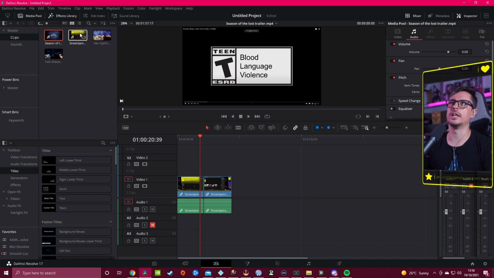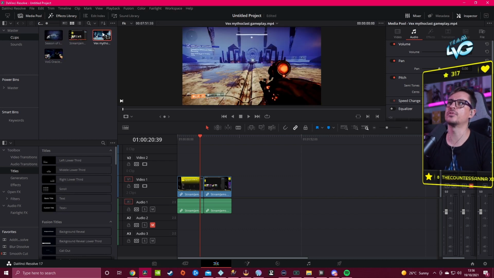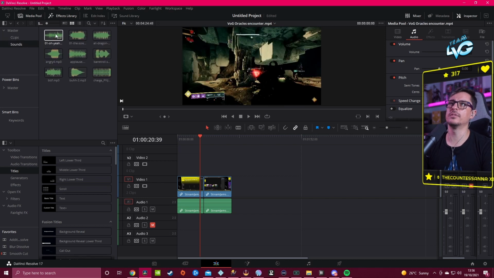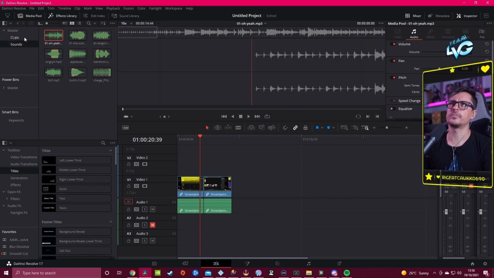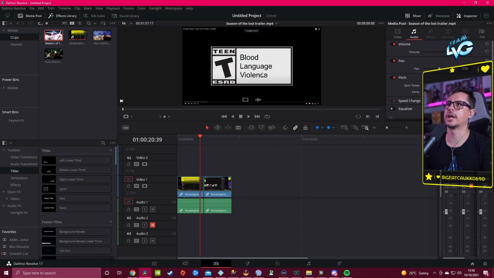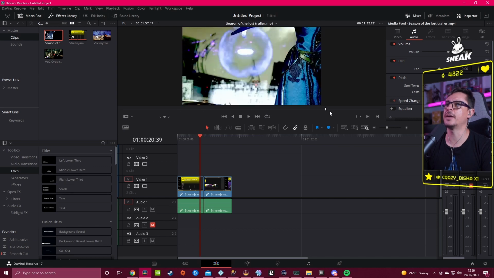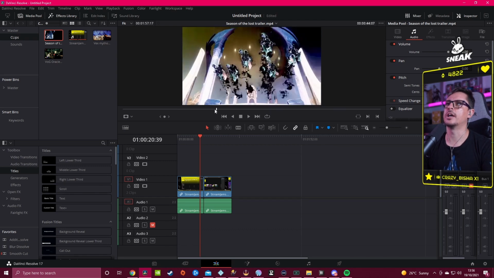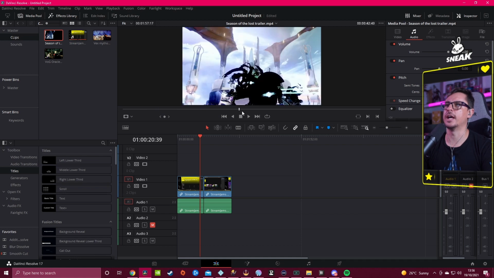If you double click on the clips, for example, the clip is going to appear over here. If you double click on the sound, it is going to appear over here. So let's just go for the clip. Okay, so we double click on the clip and the clip appears over here. On the clip, you can see on the timeline right here, you can drag and you can check everything